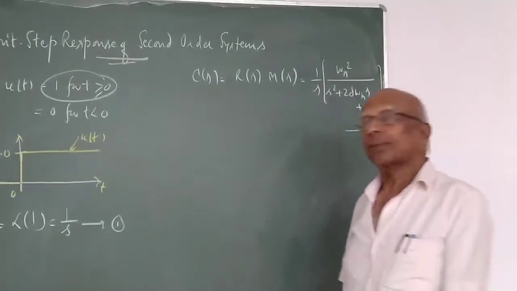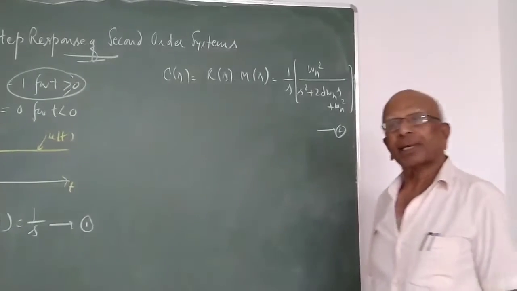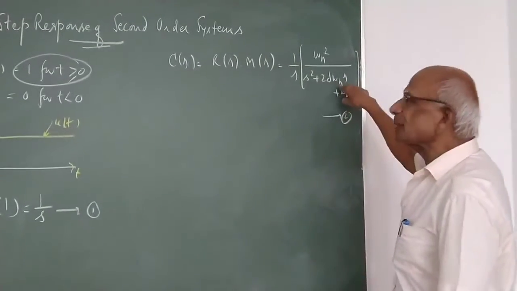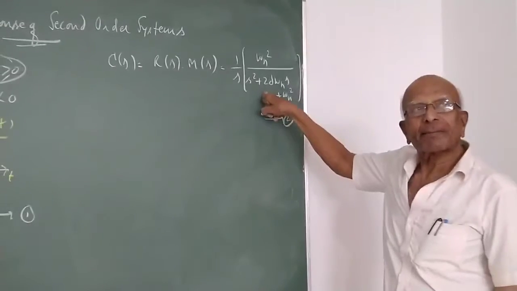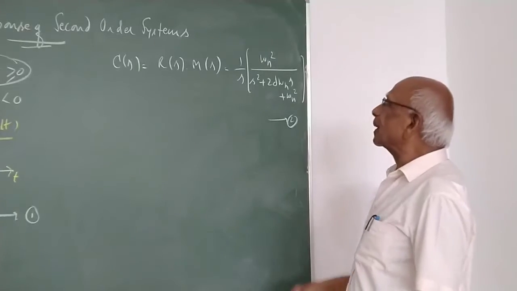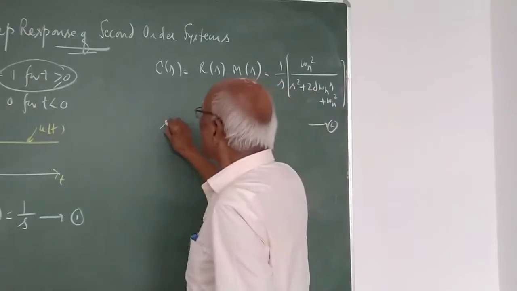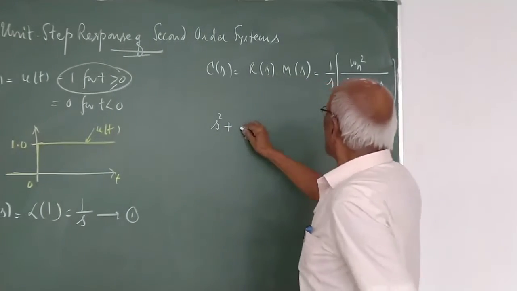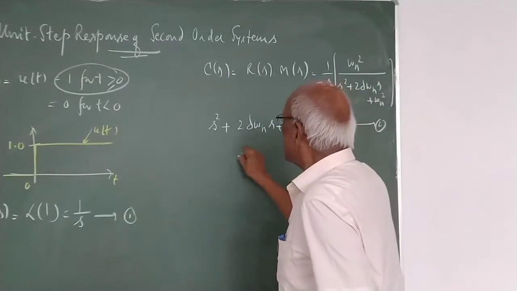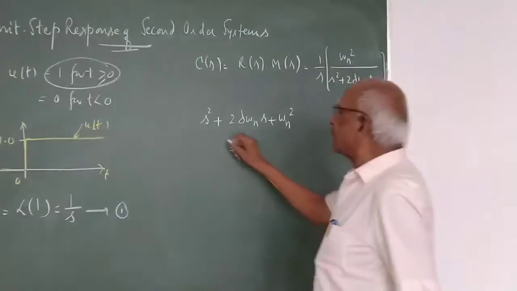Mathematical simplification to get C of t can be done in 2-3 ways. But I would go for a faster, shorter, easily rememberable manner, please. One method is you factorize this and then resolve into partial fractions. It's a very lengthy expression, please. Very lengthy, because it is going to give a complex form of expression, and so on. So first of all, what I do is I will expand this, which we will be using also in all design and problems as well. I will complete the square on this.